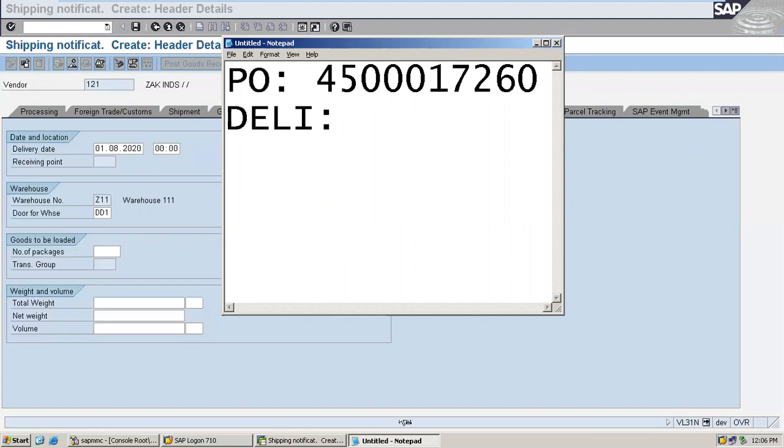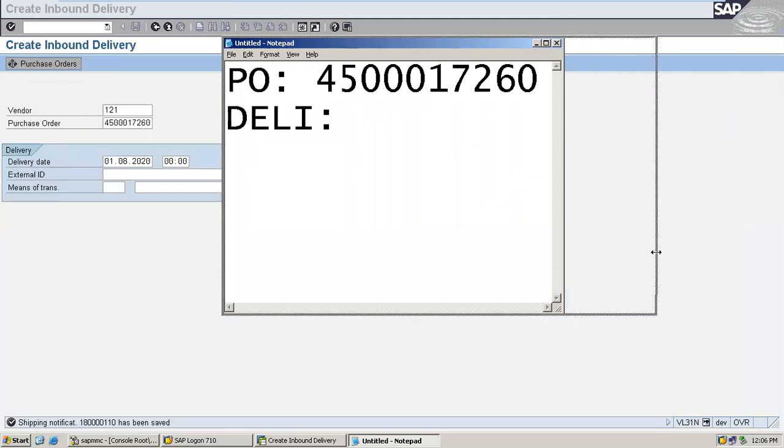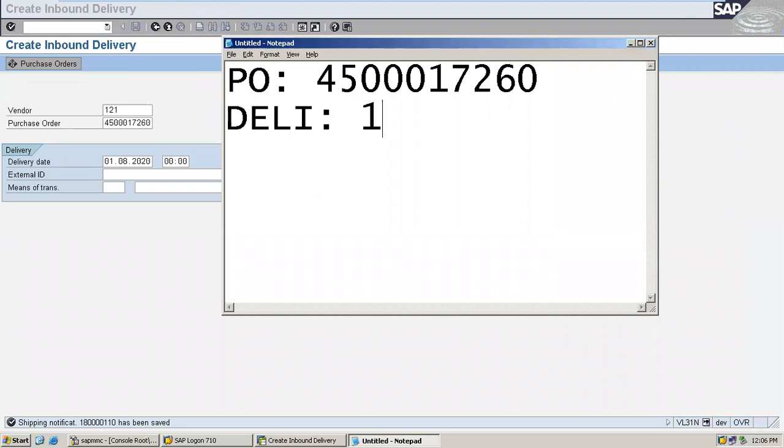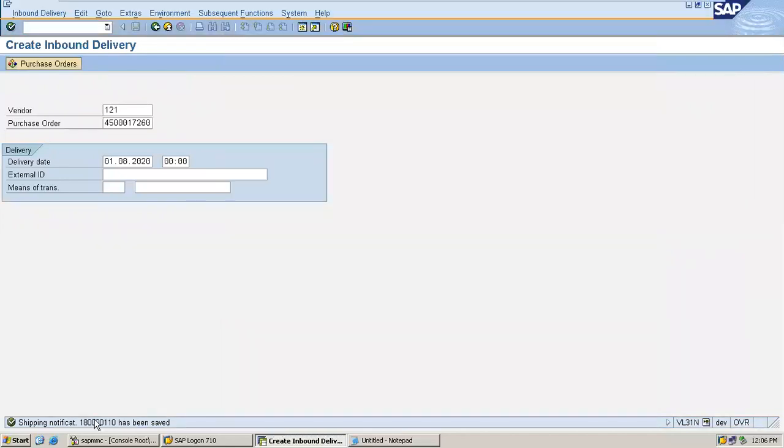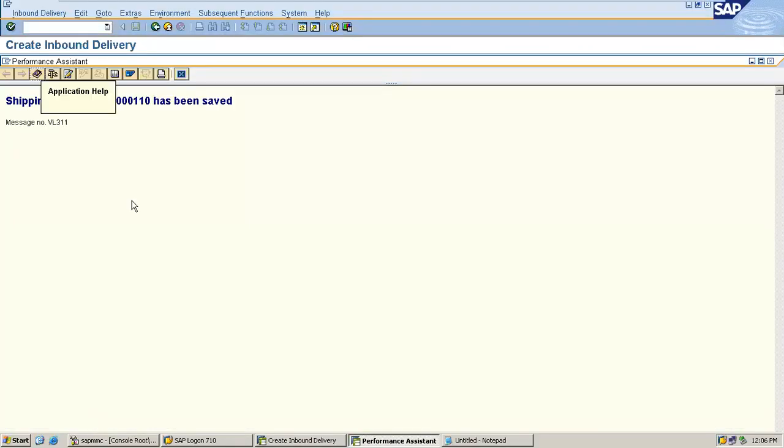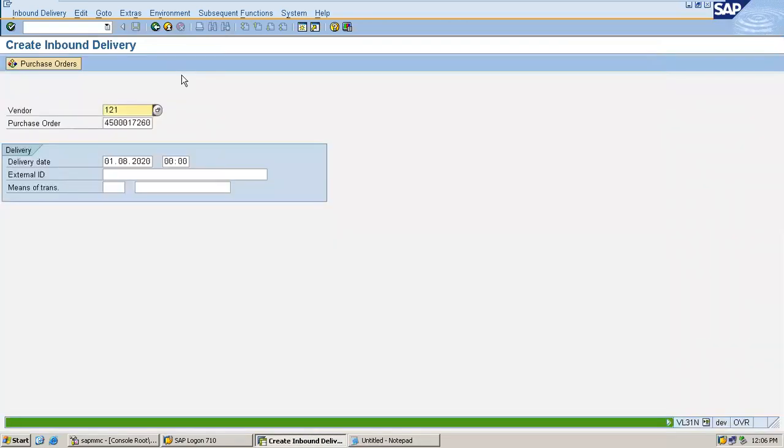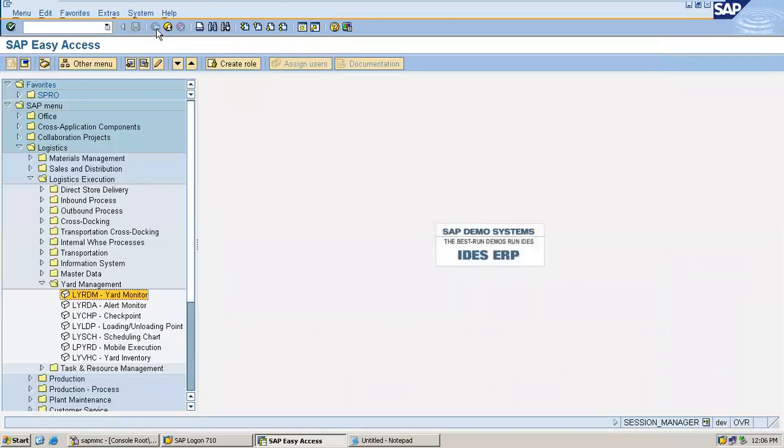I'm going to take down the inbound delivery number. 180000001110 is the inbound delivery number. This is the inbound shipping notification number or inbound delivery number. Come back. In the yard monitor, double click on the yard monitor.